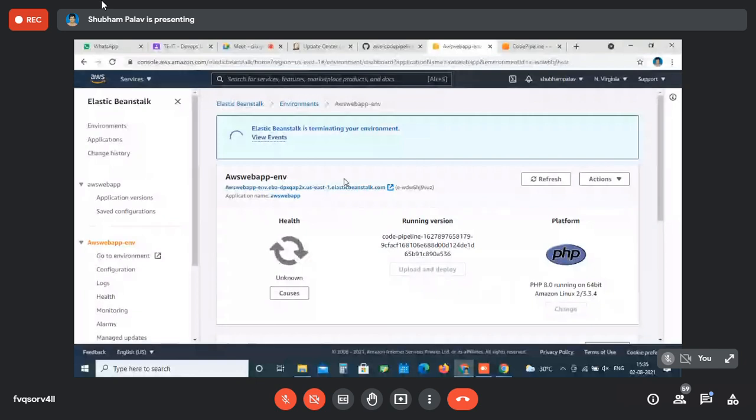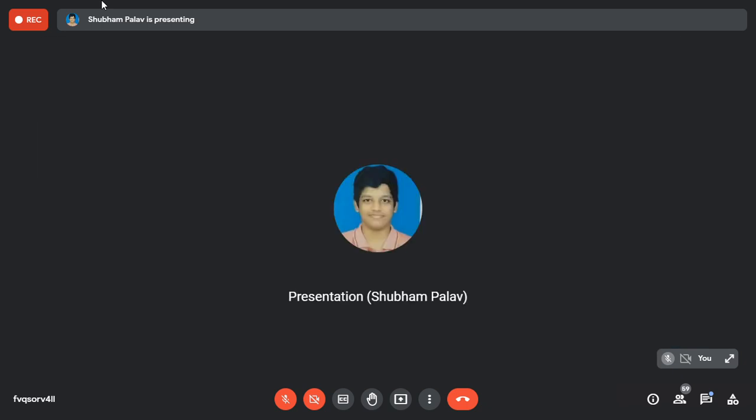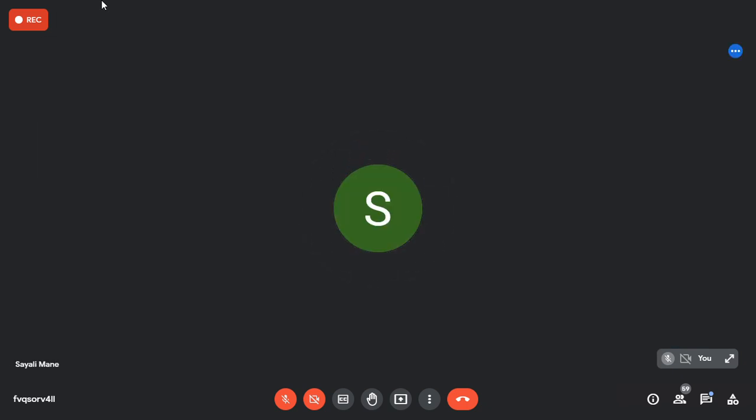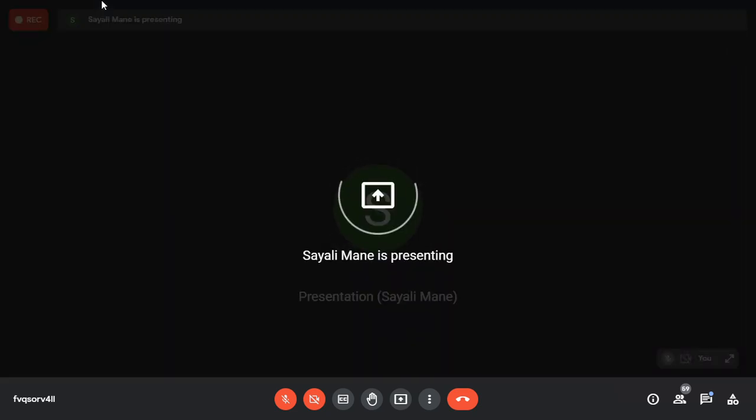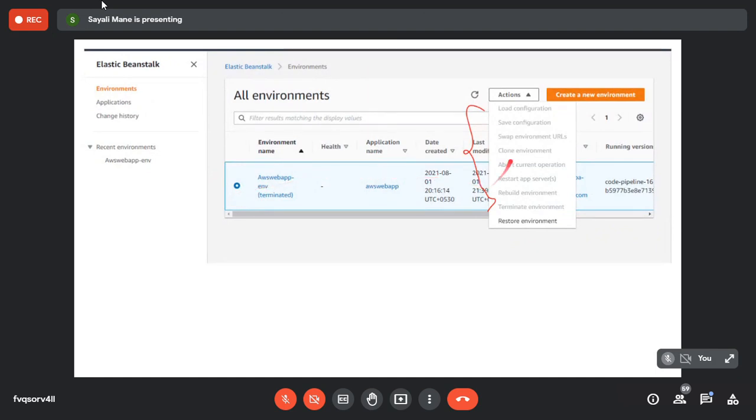Okay, so those who have finished, please click on the environment again just to recheck it. Let me share my screen. Now see here, click on the environment again, then select your environment name and just check.